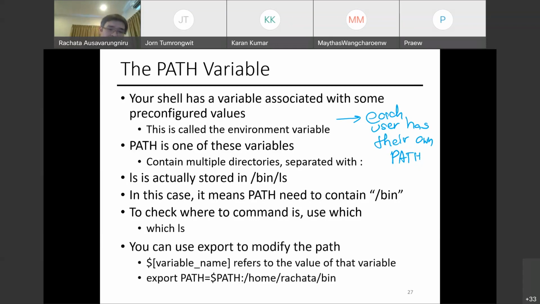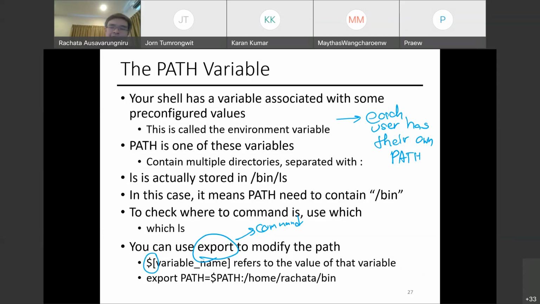You can also modify the path directory using the export command. This is the command. And the way you specify this environment variable, you use the dollar sign.